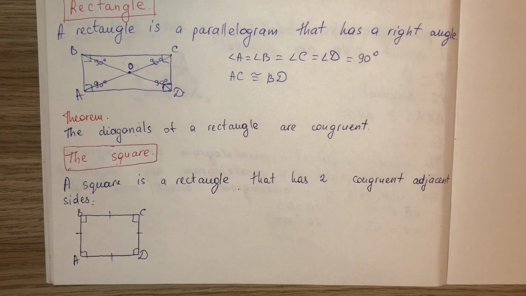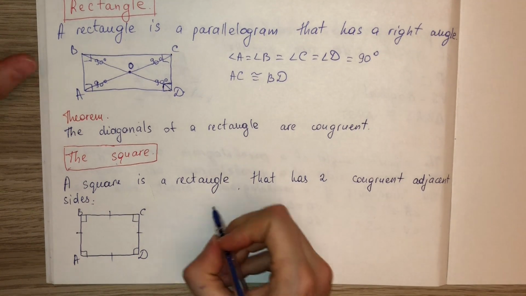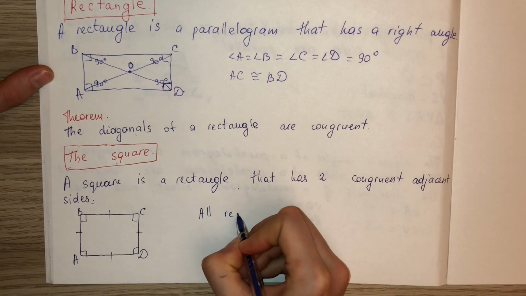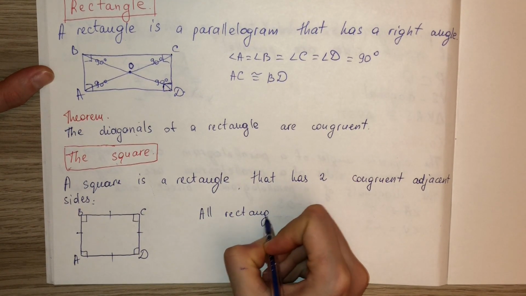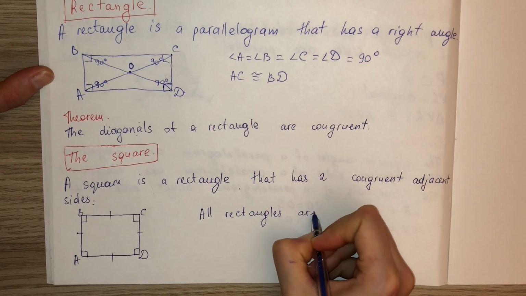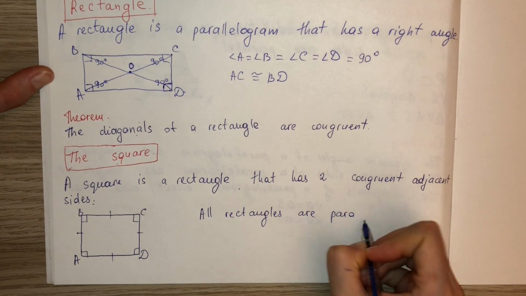A square is a rectangle. All rectangles are parallelograms. Let's write all rectangles are parallelograms,